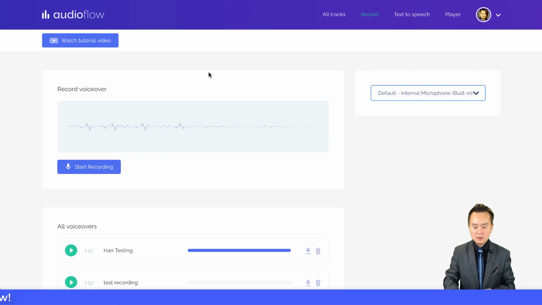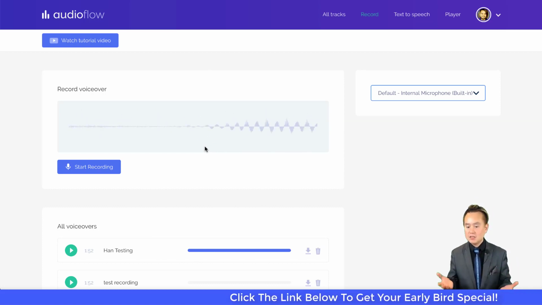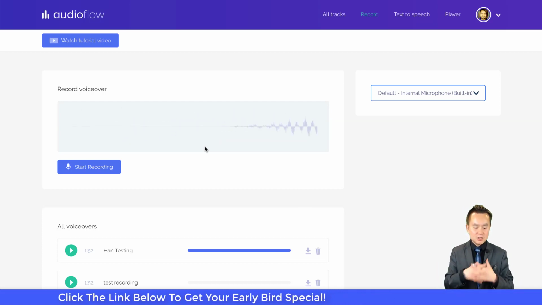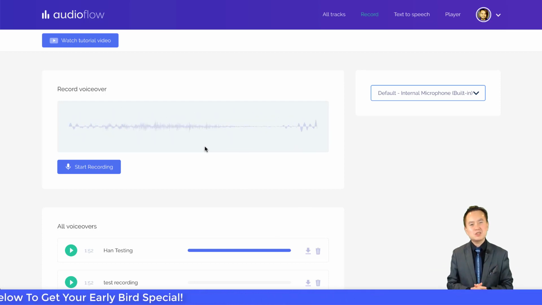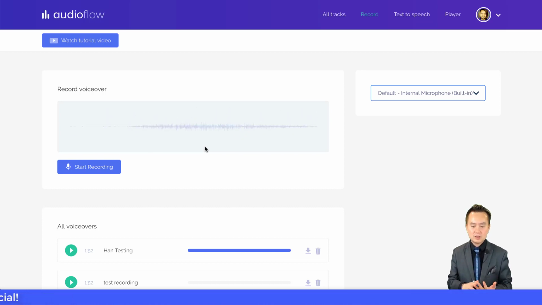Although there are probably some alternative solutions that can do this as well, now I can log into one place and do all this at once and get everything organized. Organization is the key to your success. A lot of people are disorganized, things are everywhere, and you waste a lot of time trying to find them. I really like that you can save the audio tracks, the music tracks, and the voice tracks into one place.